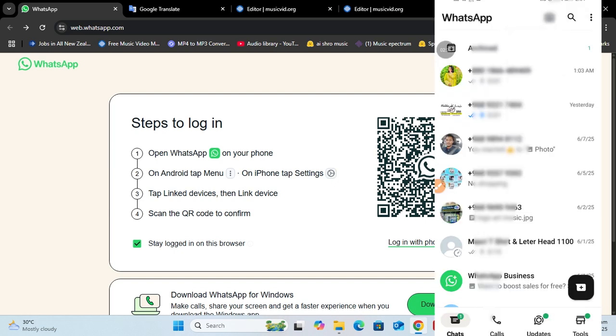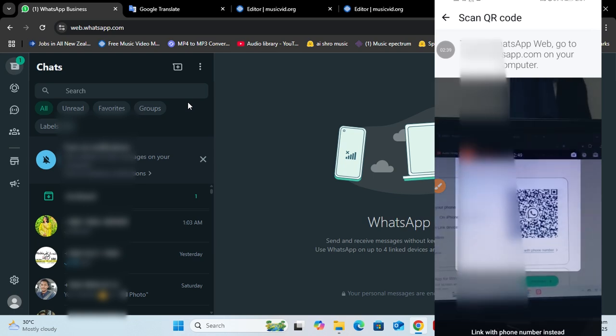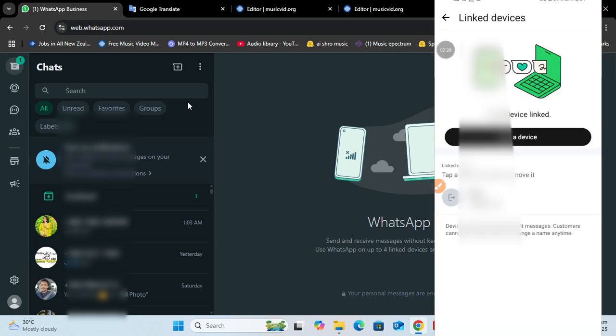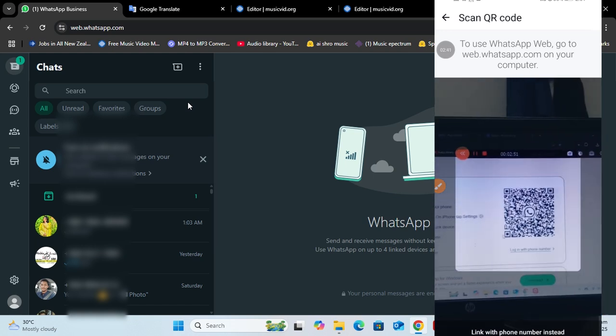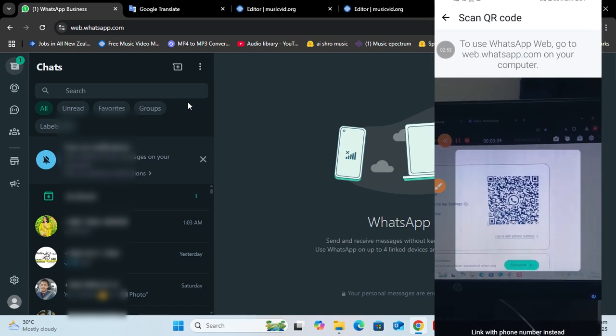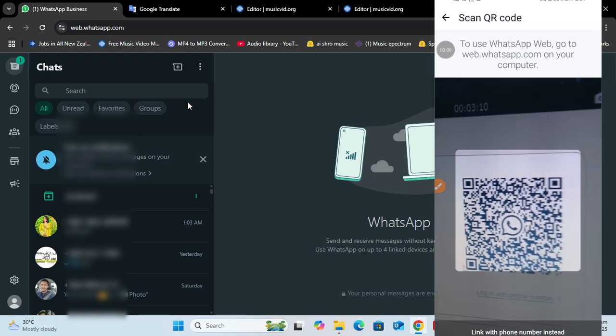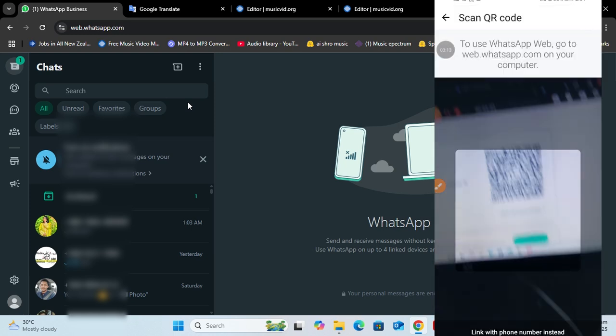And then go to your phone's WhatsApp, and then click on the three-dot icon, and then click on Linked Devices, and then just scan the QR code, and then WhatsApp Web on the PC browser will log in, and then you can check or manage your messages, WhatsApp recordings, pictures, videos,